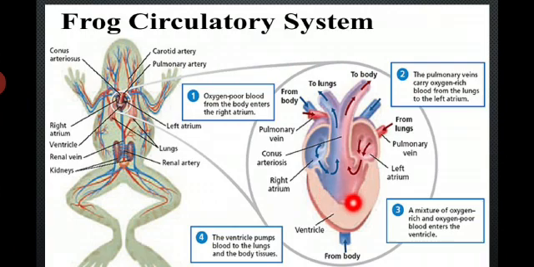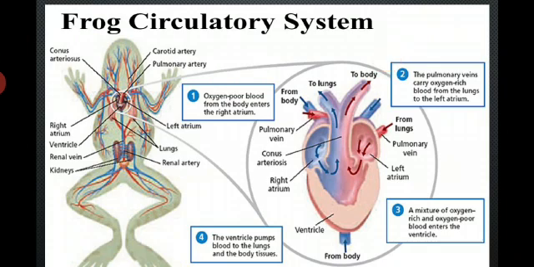Okay, so this blood is pumped to the truncus arteriosus, which divides into one pathway and another pathway. This is the right side, this is the left side. The right side truncus arteriosus distributes the blood from the ventricle to the lungs region. Study this clearly. And the other pathway, the left side truncus arteriosus, drains the blood from the ventricle to distribute it to the organs of the body. Okay?